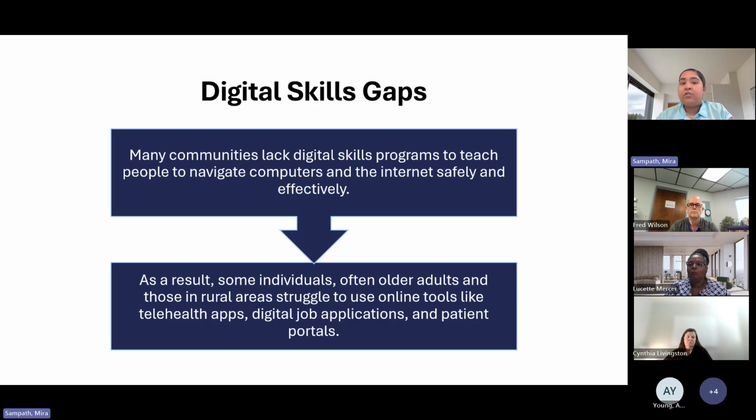But for example, in our digital skills curriculum, we don't make an assumption of what skills people might have. We really, again, start from that foundational level of like, what is a computer? What is the keyboard? What is a trackpad? What's a mouse? How do they work? And we go from there to several different topics that we think can cover, again, not just health topics, but social drivers of health as well.